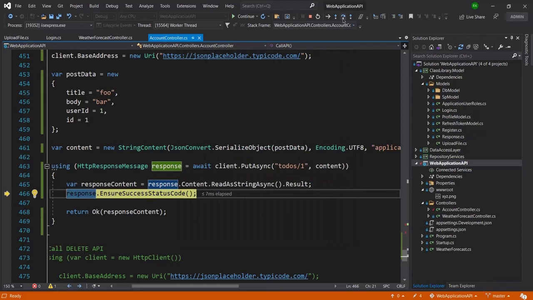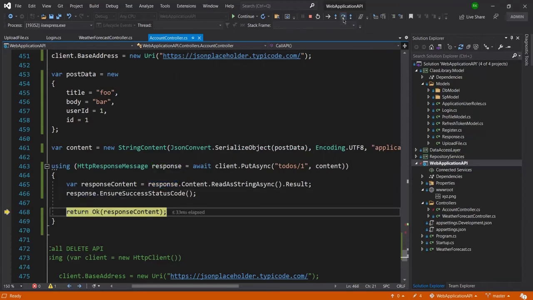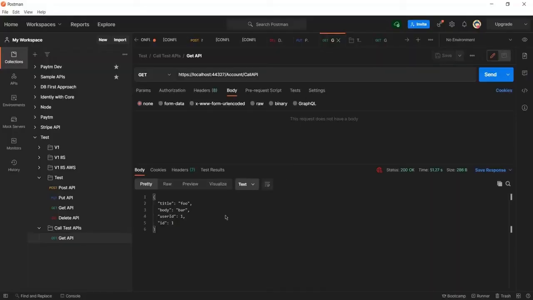And then I will again do F10 to move line by line. So there is no error, so I can just hit continue, and you can see in the Postman that I have received the same expected result.